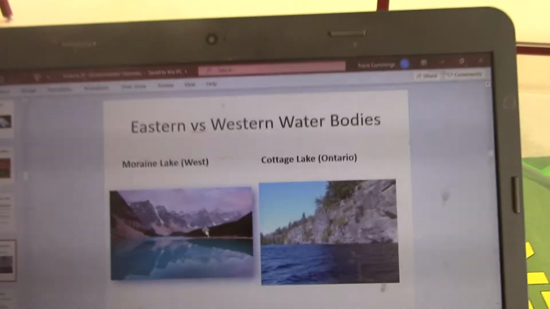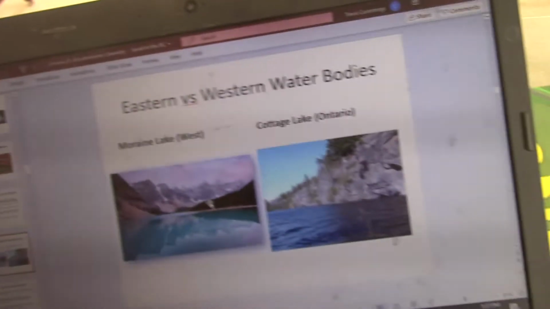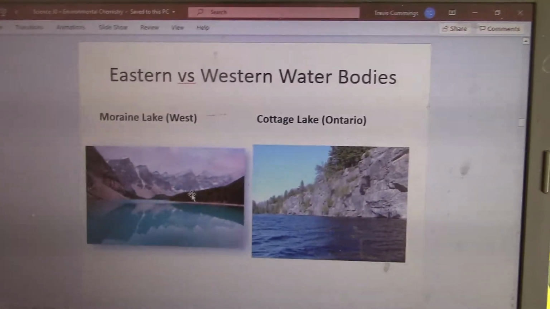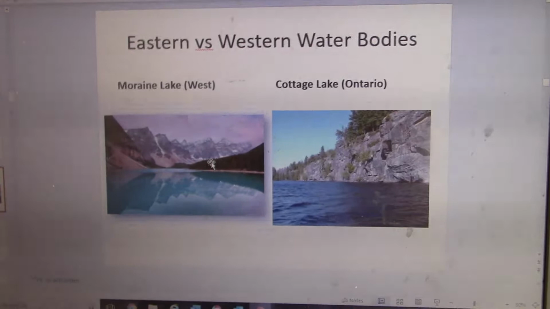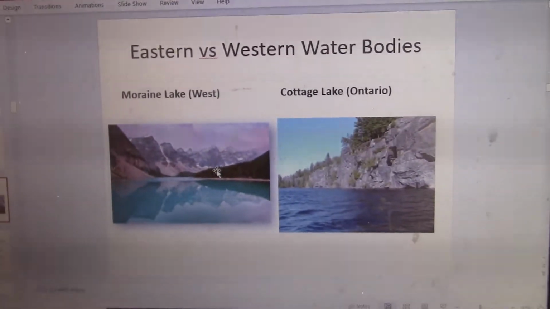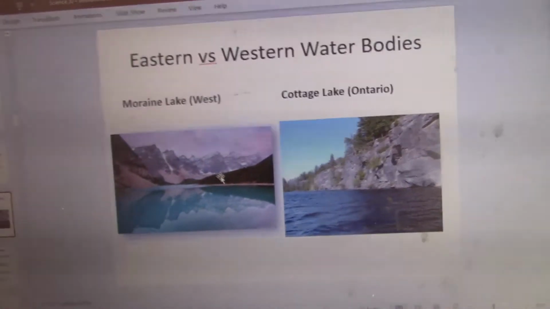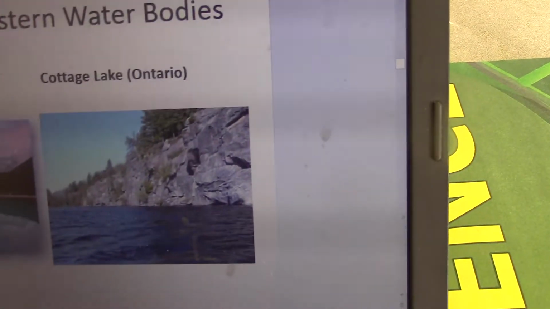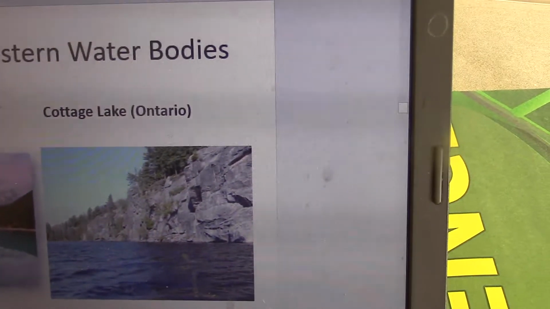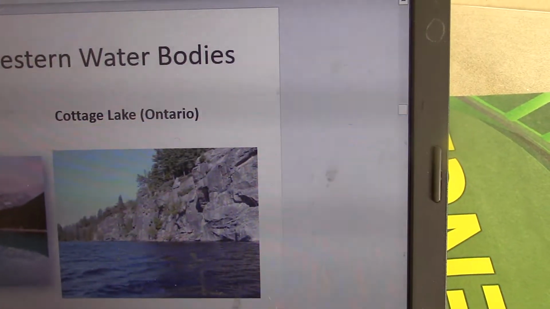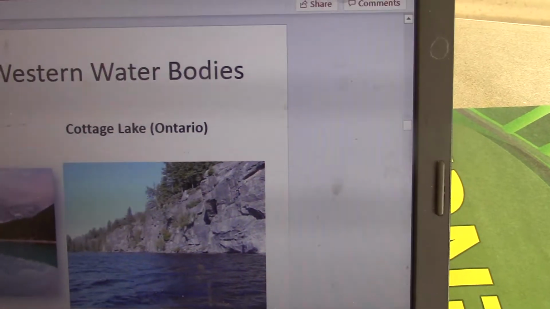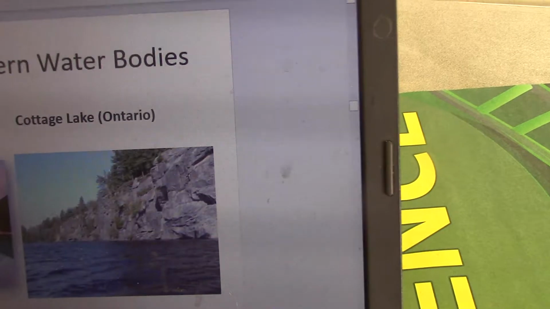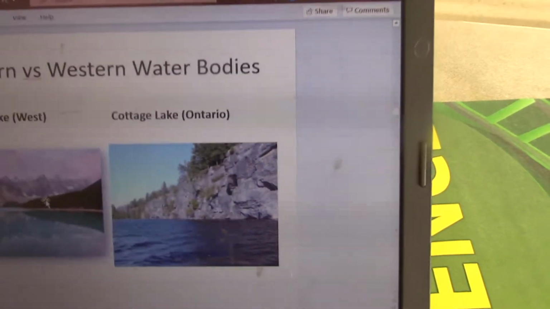So you can see, right, in the Rockies, part of what makes these lakes have the vibrant colors they do is the glacial flour, the fine particulate coming from glaciers pulverizing rock into really fine sediment, but a lot of it is from the limestone as well. Whereas if you look here in a place like Ontario or Manitoba, basically the rest of the country, they have granite bedrock, and this is mostly what Canada is made up of,